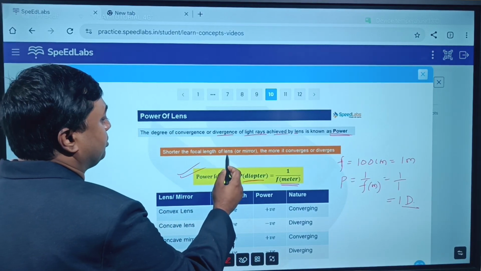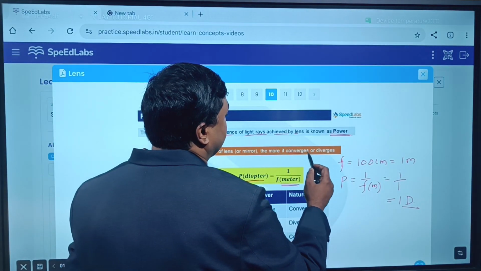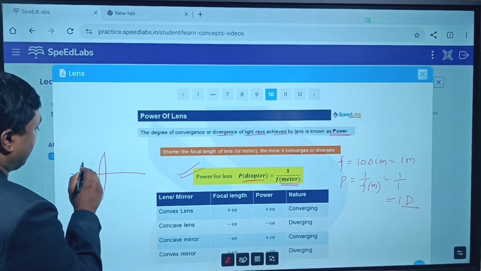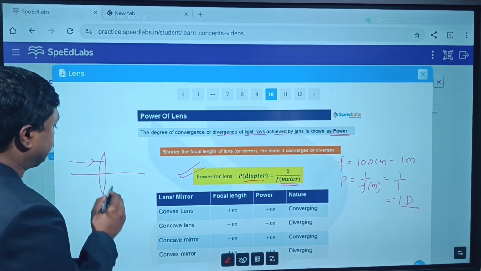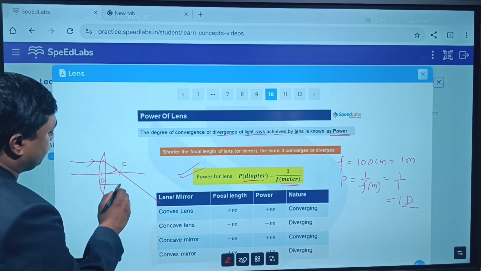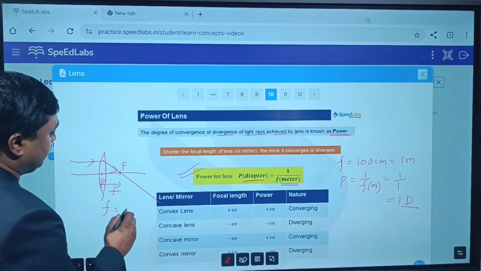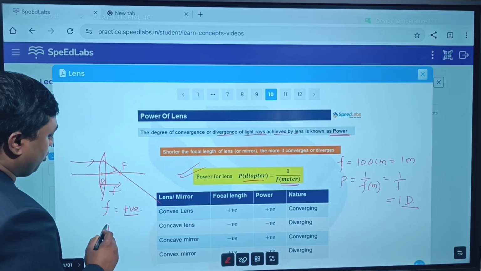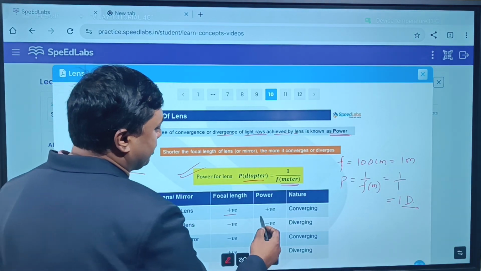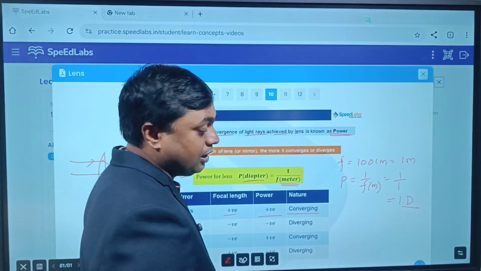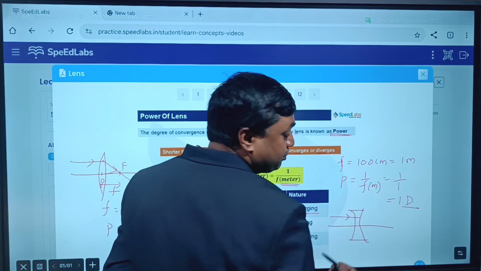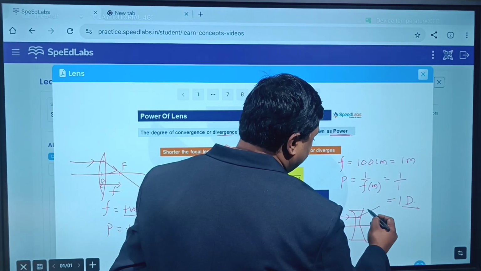So shorter the focal length of the lens, the more it converges or diverges. Remember one thing, if it is a convex lens, as you know, if a ray of light is parallel to the principal axis, after refraction it will pass through the focus, yes or no? So this focal length is on the right hand side. So focal length of this convex lens is positive, so power will also be positive. Yes or no? So for a convex lens, focal length is positive and power is also positive. Nature is converging. Now when we talk about the concave lens, as you know, if a ray of light is parallel to the principal axis,